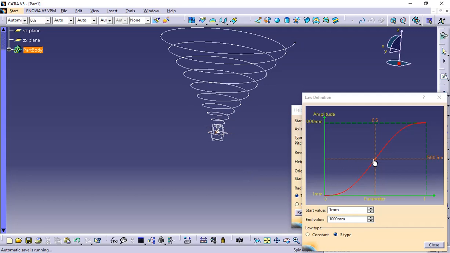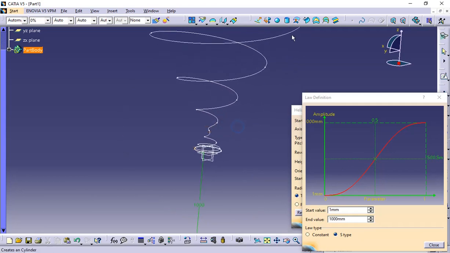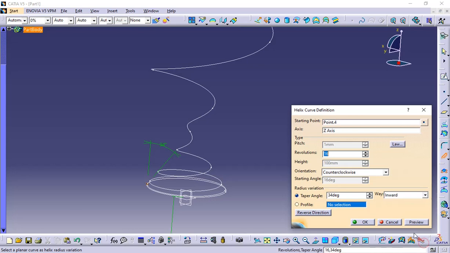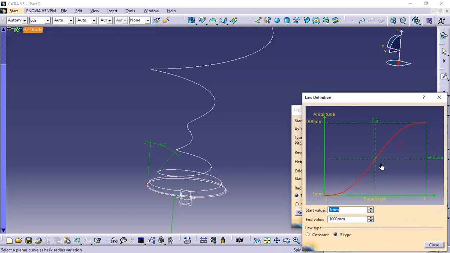So at the middle point it will reach up to 0.5 and it keeps on changing. And change this S type. You can change the parameter,